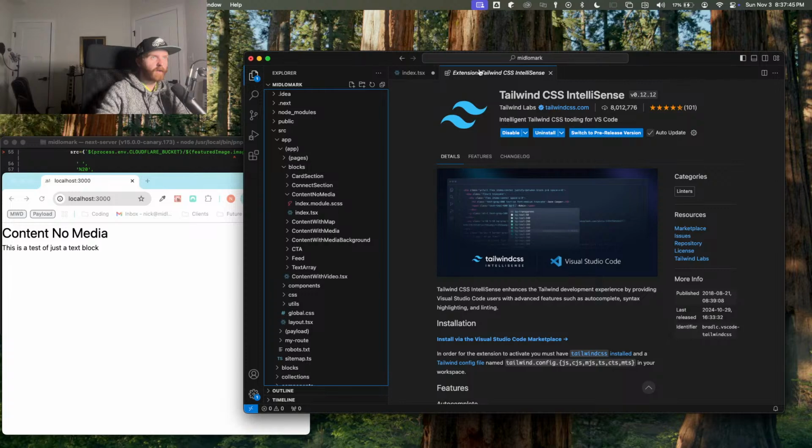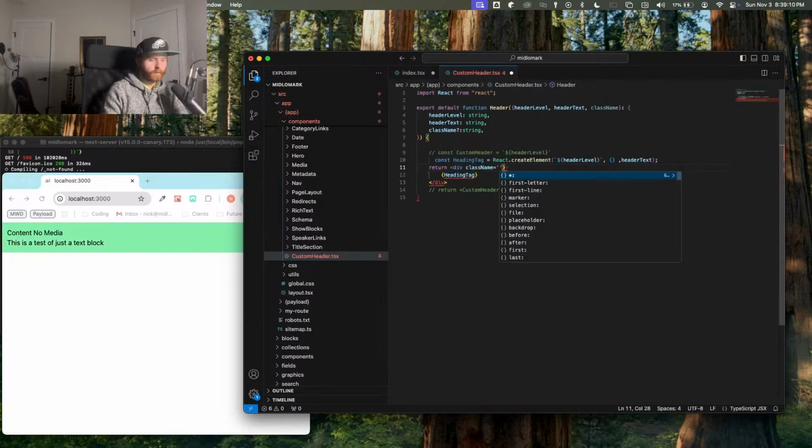All right, so it looks like it got rid of quite a few things. All right, so if I go to the header, we can do, all right, so we're creating an H2, it doesn't have a class name, so we can add heading tag. What am I creating? Oh, with the header text. Okay. So here, what we need to do is that's creating the header. Let's just do